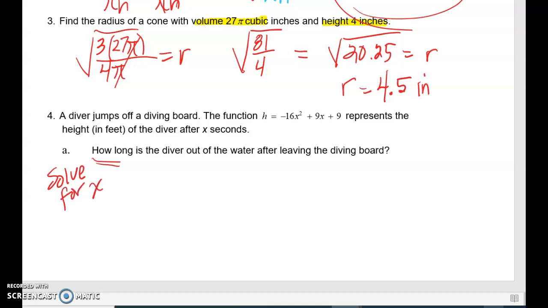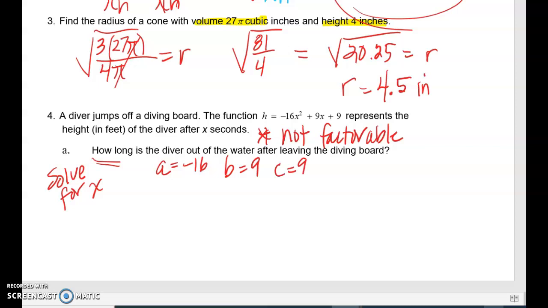So you want to think about all those different methods we used, and when I look at this problem, you can try it if you want, but I can tell you that this one is not factorable. If it was factorable, you could use factoring to solve it. And I can't solve it using square roots, so I'm going to go ahead and go with my trusty quadratic formula. So in this particular problem, again, identifying my values of a, b, and c, I'm going to plug that into my quadratic formula. So x equals